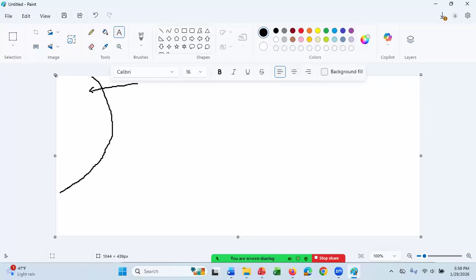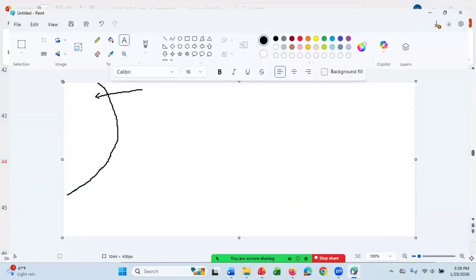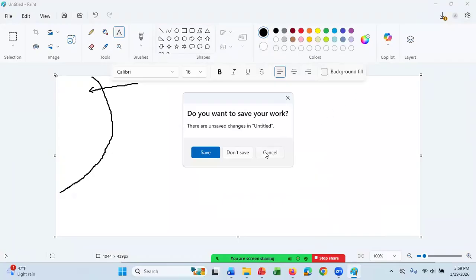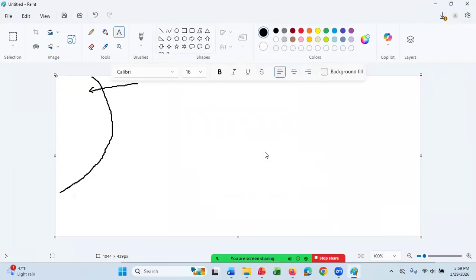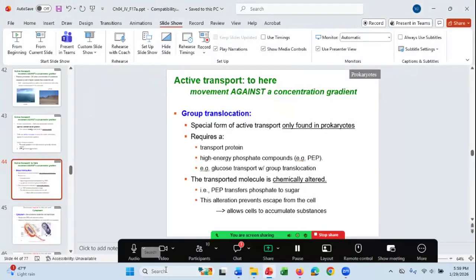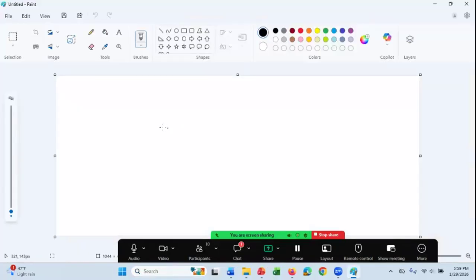Paint stopped working, that's why. Can anyone hear me? Yes. Please confirm you can hear me. For some reason, paint stopped working and I was afraid my whole computer stopped working, but it's not the case. Let's try paint again. That's not even closing down. All right, there we go.